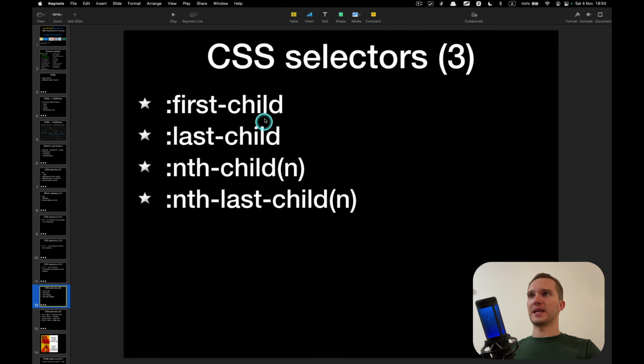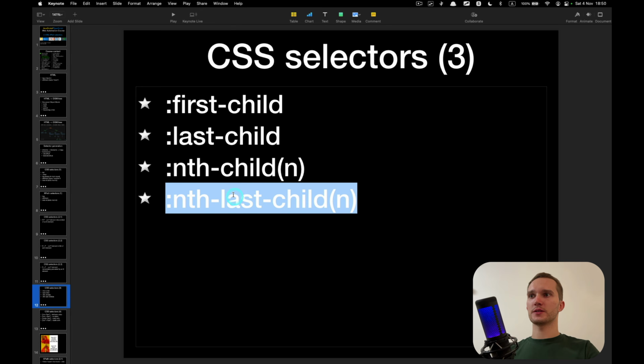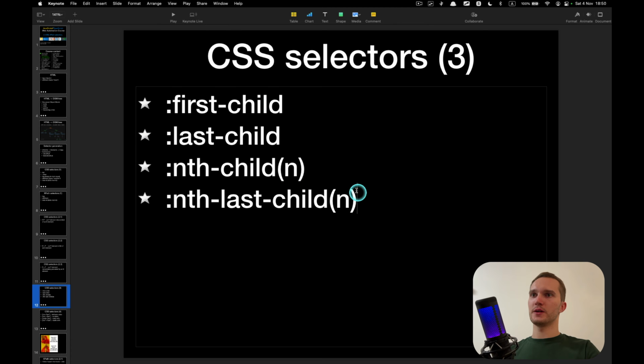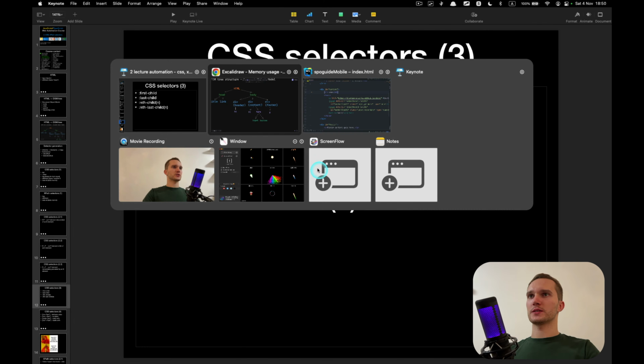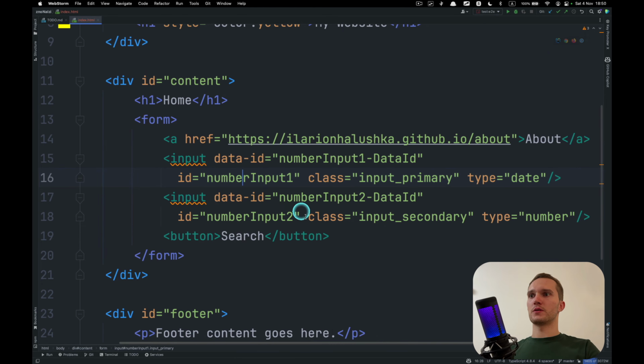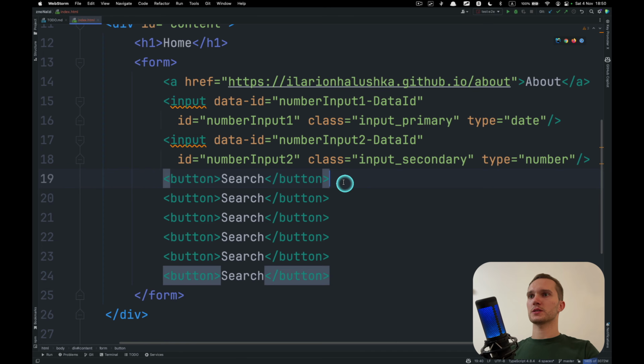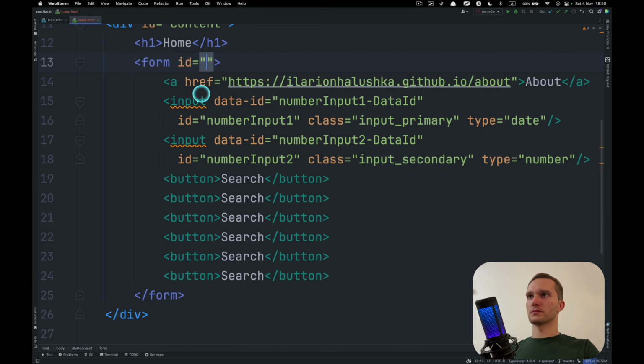All right, next are the selectors first child, last child, nth child, and nth last child. Okay, let's try to play with these. I'm gonna copy over, let's say, many of such buttons, and we will locate the form. Form inputs.